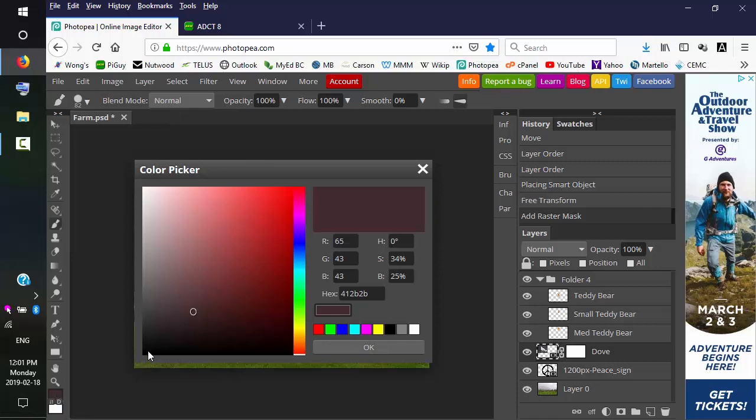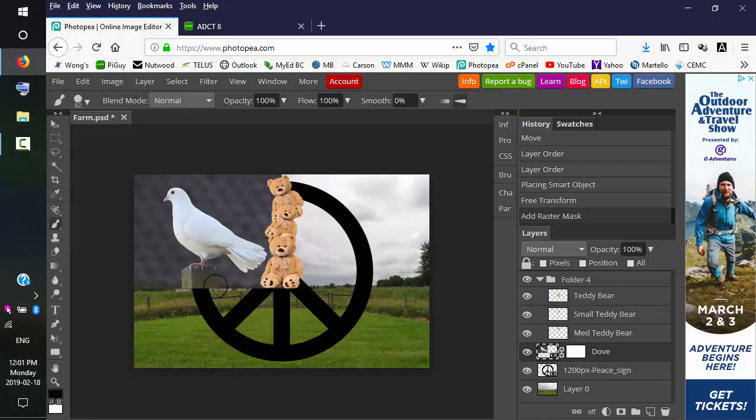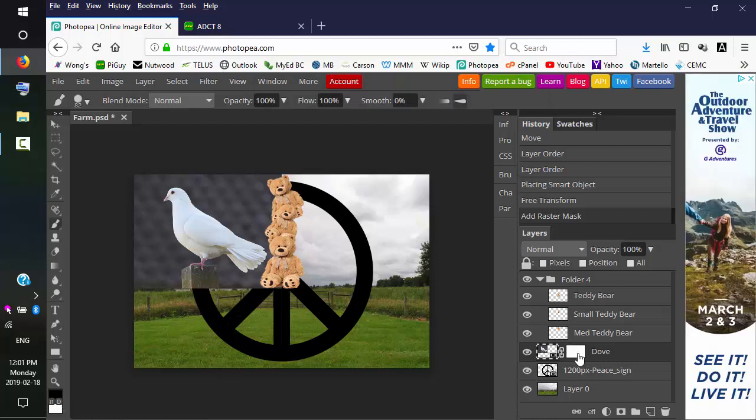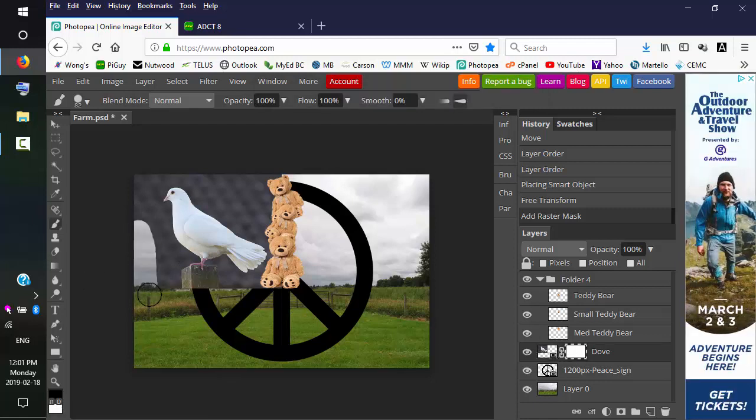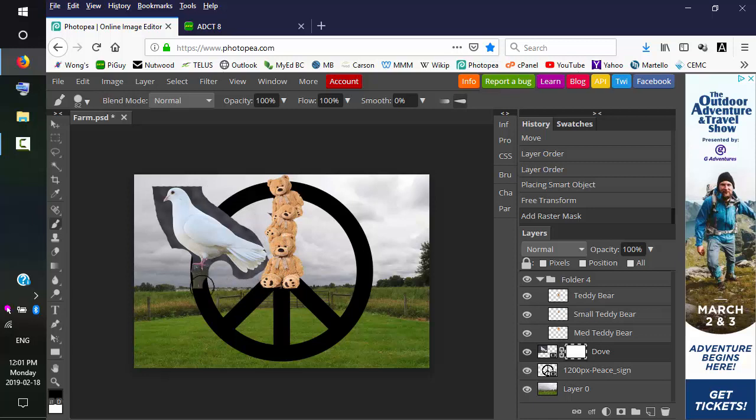And we're going to have that black. I'm going to paint that out. And we need to be on the mask layer. Okay, I'm only going to do this quickly and it's not going to be perfect, because we just don't have time. Okay, that's good enough for this